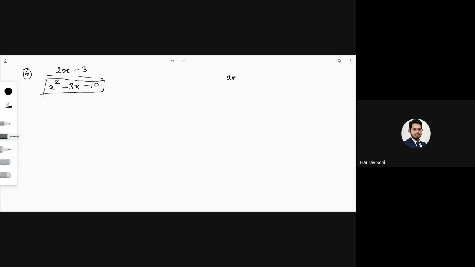So first of all, ax square plus bx plus c. If this is the equation, then we have to factorize b in such a way that I will have to find m1 and m2 such that m1 into m2 is equal to a into c, and m1 plus m2 is equal to b. What I'm telling you, you find out two numbers m1 and m2 such that their addition is b and product is a and c.